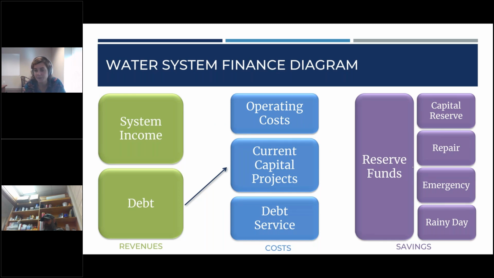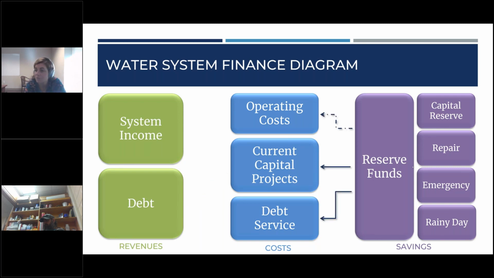In contrast, debt can really just go towards those current capital projects. You're borrowing money for something that has a useful life, right? Let's say 40 years, and you're going to pay back whatever amount that you've borrowed over the course of that useful life. And it's kind of the opposite of using system income for your capital projects, which is typically called pay as you go, and instead basically taking the pay as you use approach. So you're paying back the cost of that asset over the life of that asset. As it's being used, it's being paid back.